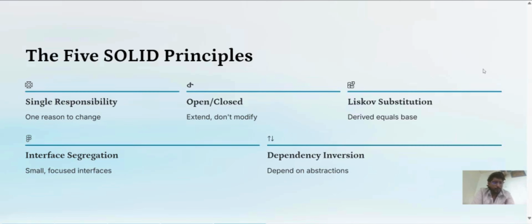Interface segregation. We shouldn't put every logic in a single interface. We need to separate classes and methods for each and every interface, so it will be easy to focus on the interfaces. Dependency inversion depends on the abstraction. There should be no implementation, only the abstraction of the class should be available. So there should be an interface, and for the interface there should be an implementation. The implementation and the abstraction should be different. That's what SOLID principles mean.